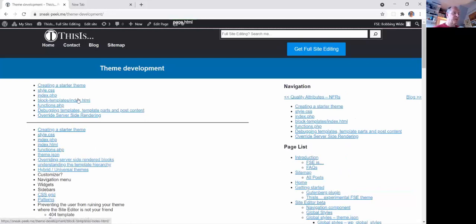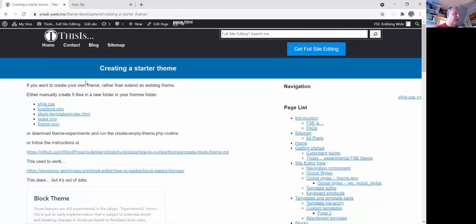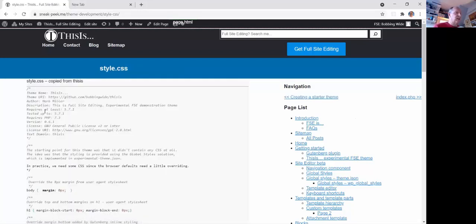Right, so let's assume that you actually did want to develop a theme. What would you need to do? So let's create a starter theme. In order to create a starter theme, you have to have a style.css file. All themes at the moment have to have a style.css file, and this is